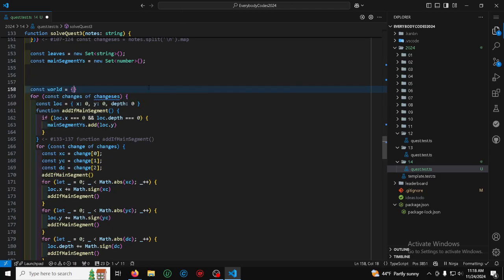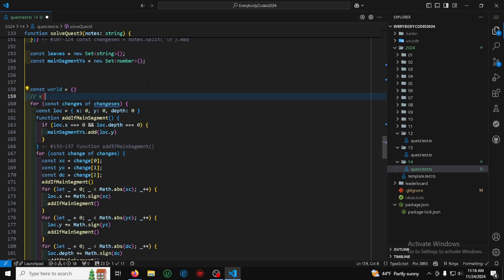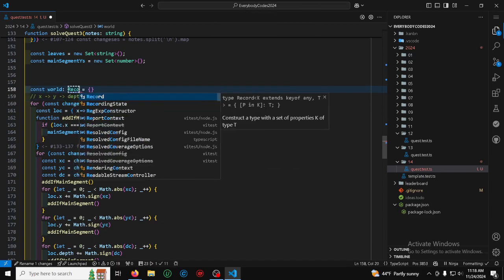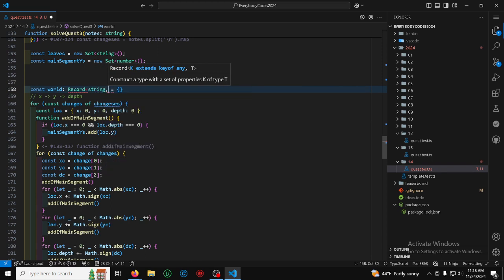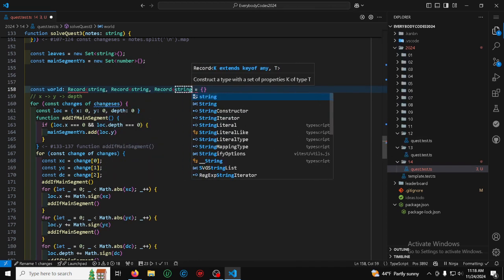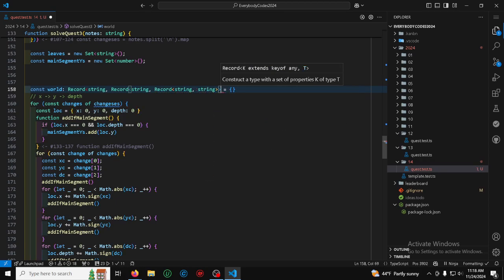Const world equals x, y, depth. That's the way I'm going to do this. So record, string, record, string, record, string. I think that would be the way I've done it, because a two-dimensional would be